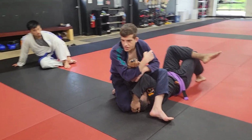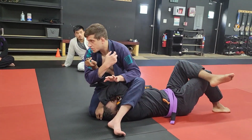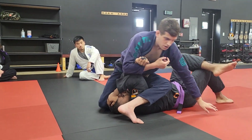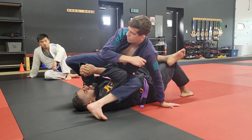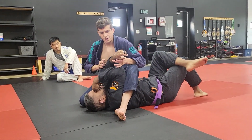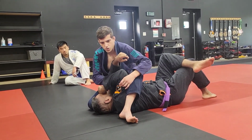So for example, you'll see people do S Mount arm bars like this sometimes. It's not wrong, but this is the risk. You'll go to offset your weight here. You'll go to throw the knee over, and the elbow will slip. He might not even rip his arm all the way out like that, but if he gets his elbow past the hips, you do not have an arm bar, right? So